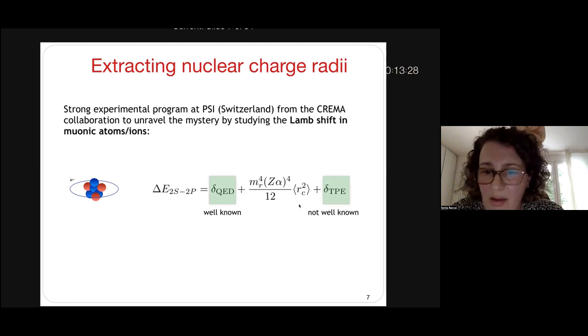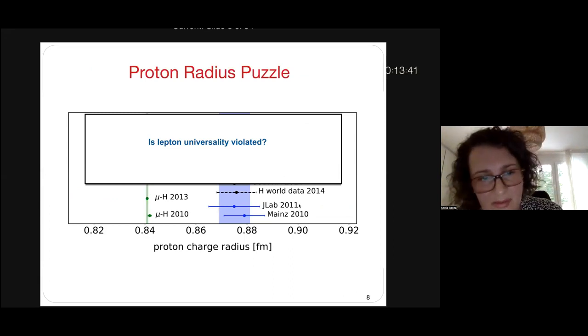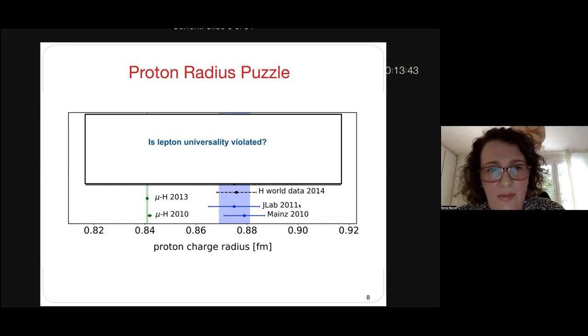The last one is called delta TP, which stands for two-photon exchange. It's a nuclear structure effect. It's not well known. So now perhaps most of you know this muonic atoms stuff because of the famous proton radius